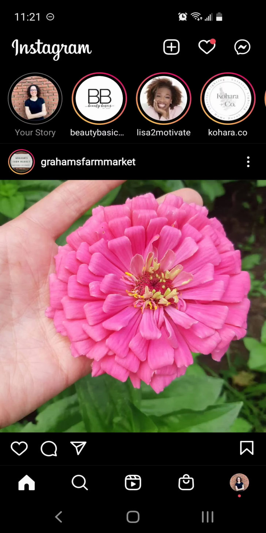Okay, so I'm going to take you through a quick run through of how to use Instagram stories and then also add them as highlights onto your profile. So you want to open up your Instagram app. At the top of your screen here, where all the little circles are of people's profile photos, that's where you're